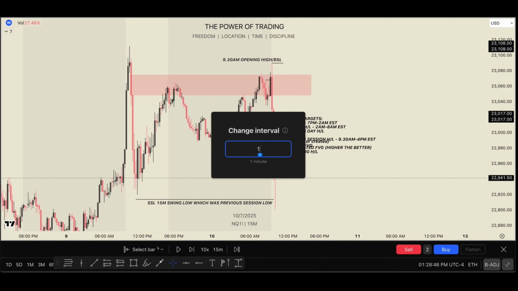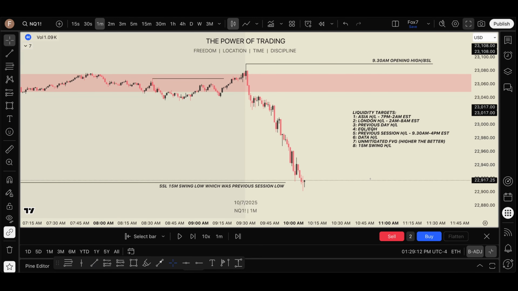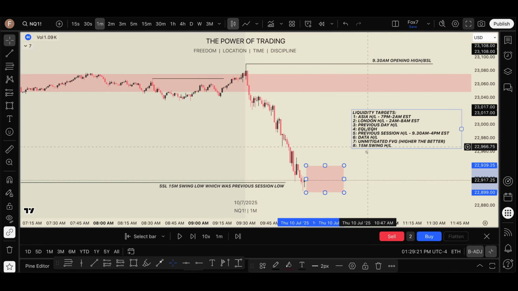So if we just go back on the 1 minute, 9:30 happens. If you were trading this in real time, obviously you might be inclined for a sell later on, but now, like I say, usually when we have big sell-offs or dumps, we're bound to at least retrace half of it. We may just continue to this level, for example, and then just start trading back down again, which is where the 20-point system for NASDAQ comes into play, because if this little general area is 20 points, but we know there's strong liquidity targets up here,